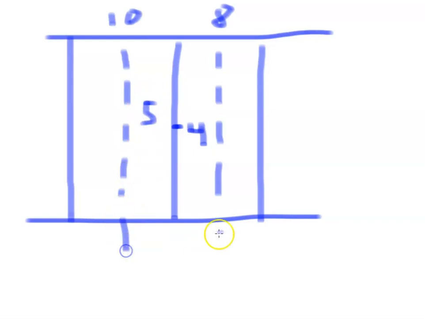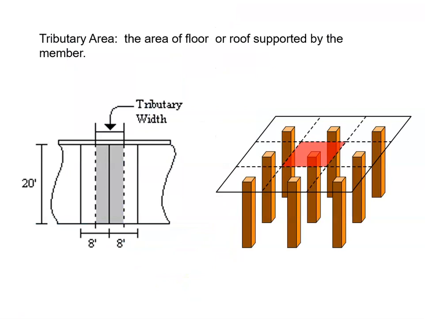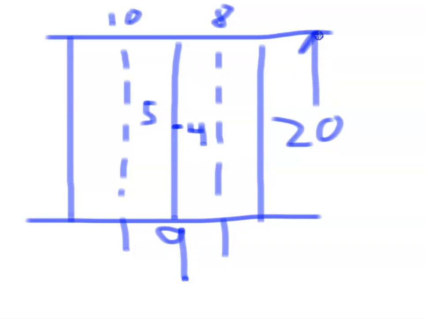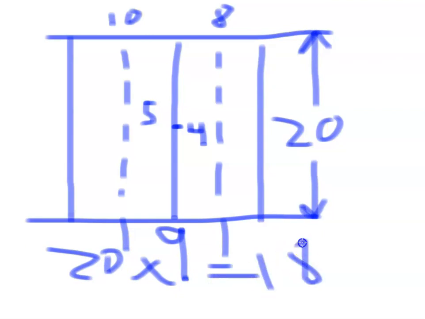So, going back to that example, 8 and 8 ends up with 8 feet in the middle, and that's just because they're all 8s. But in this case, if we had 8 and 10, we would have 4 and 5, and we would have a total of 9. And if this is 20 in length, then 20 times 9 gives us a tributary area